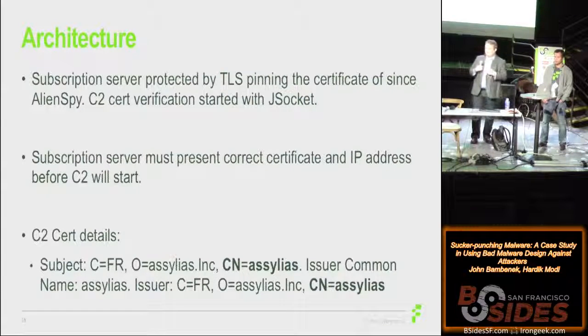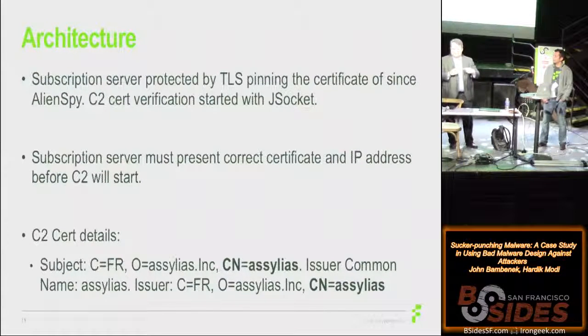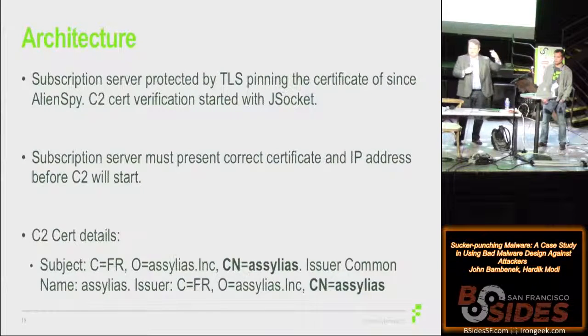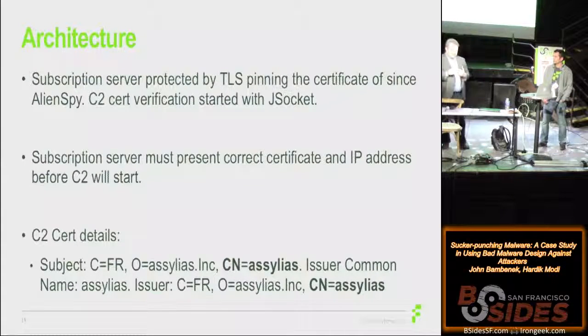Okay? The certificate details in the builder itself were interesting. This was something that was created as part of JSOCKET, is that he also did certificate pinning between the C2 panel and the victim. So if there was something in the middle between the victim and the C2, it would also fail, the malware would fail to launch, right? And you see the certificate details behind me, Acilius, right? Oddly specific things. From an intelligence perspective, I love free-form text fields, because it is very, very hard to put anything in a free-form text field that I can't model and attribute.